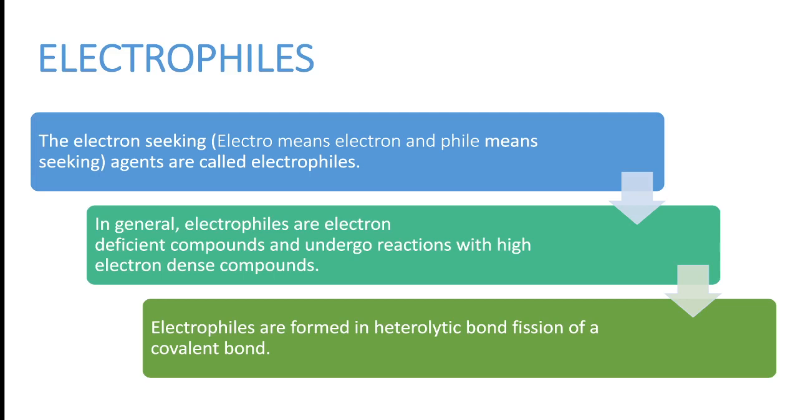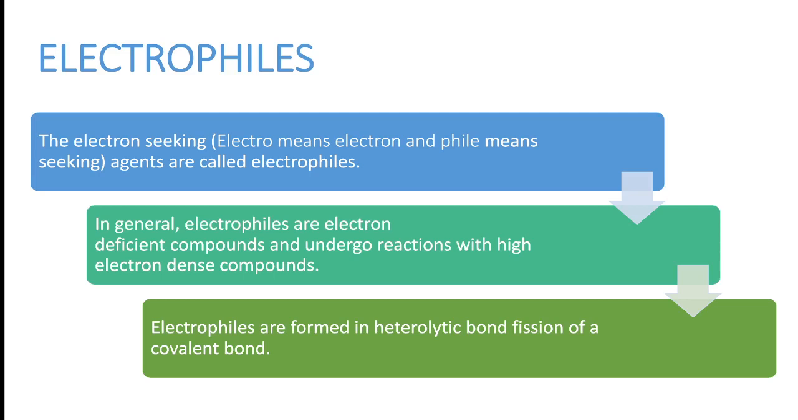Reagents, electrophiles. Second type of reagents, they're electrophiles. So what are electrophiles? We said electrophiles are electro means electron, phile means loving or liking or seeking. So electron seeking agents are called electrophiles. In general, electrophiles are electron deficient compounds, we said, and they undergo reactions with the high electron rich, electron dense